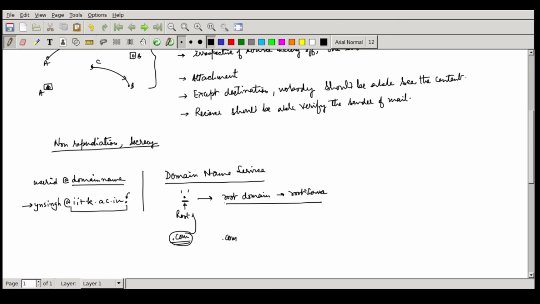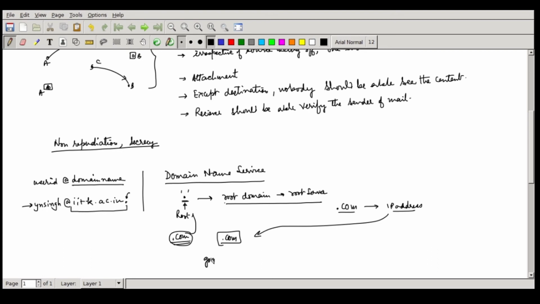The root servers maintain an entry for .com saying that for this you have to go to a particular IP address. That IP address is for the machine acting as the domain server for .com. Now you want to start, say, google.com.